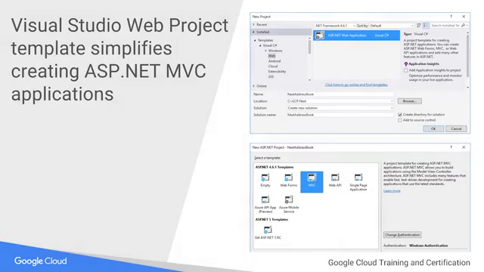I've already mentioned that Visual Studio offers a great developer experience for coding ASP.NET MVC applications. Simply use the Web Project template and select the MVC option. You'll be able to automatically integrate your users' existing Windows logins to get a seamless login experience against your new enterprise web application.